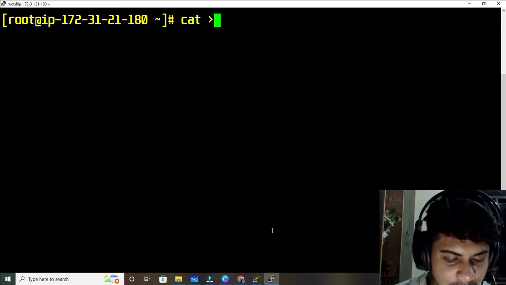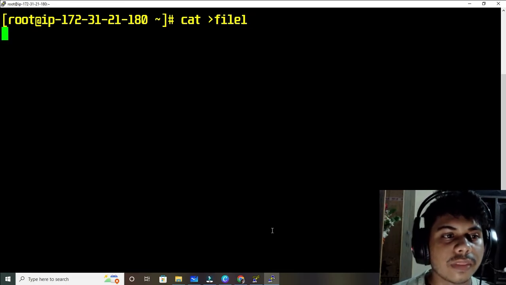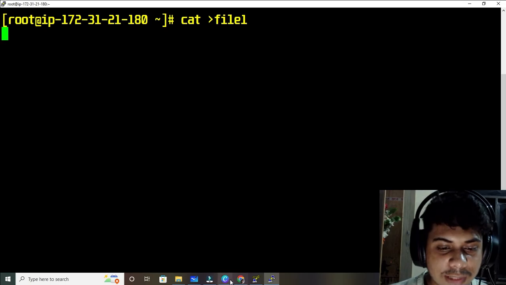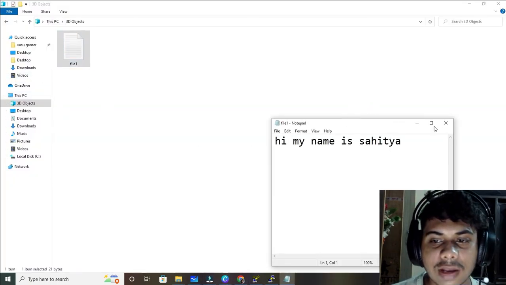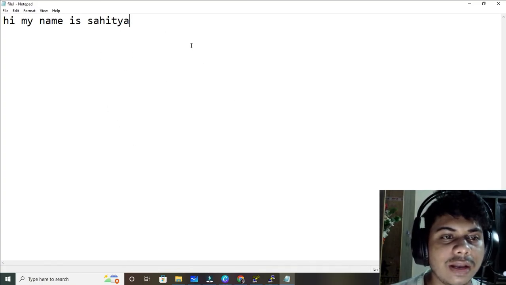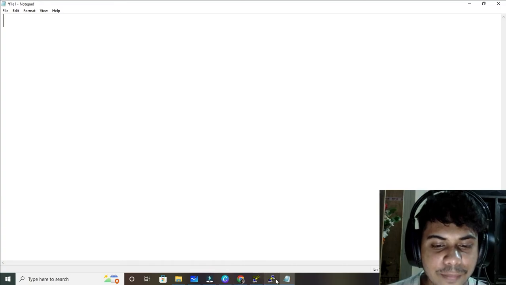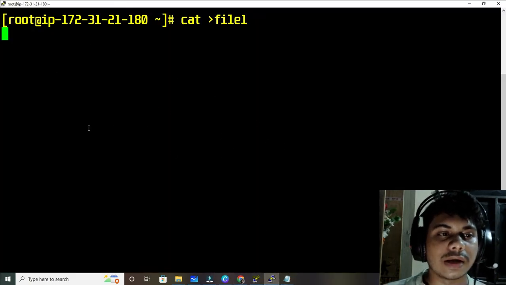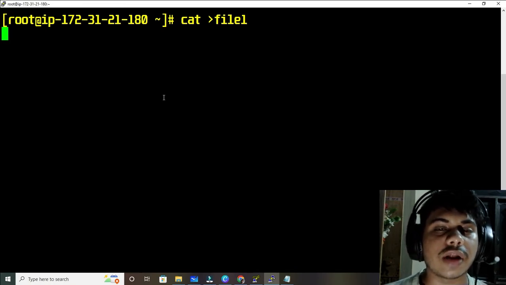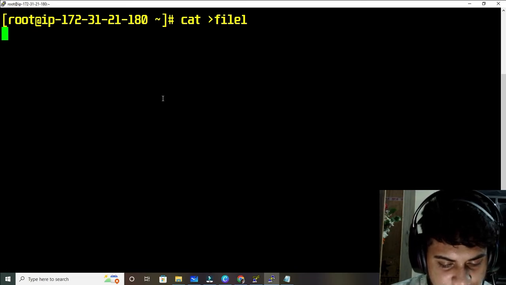Now you have to write the file name, like I want to write file1, and now I am in that file, which means, like I have already showed you, I am in that blank file. Right now I am in that blank file, because this is your CLI, so there is no cursor. You have to run a command for everything you do. Alright, so now if you want to write something, please